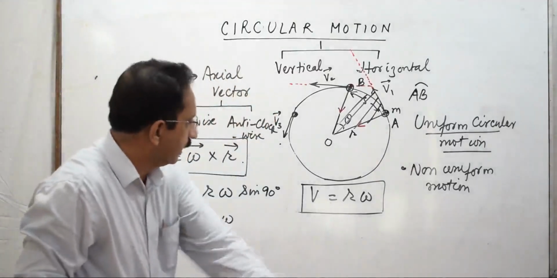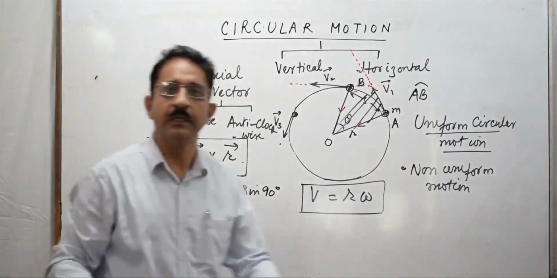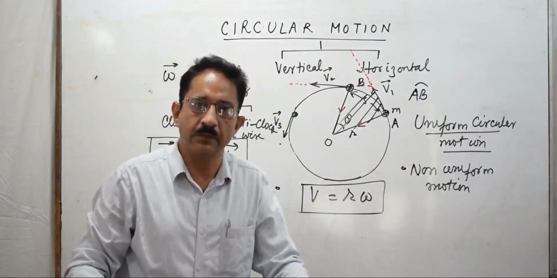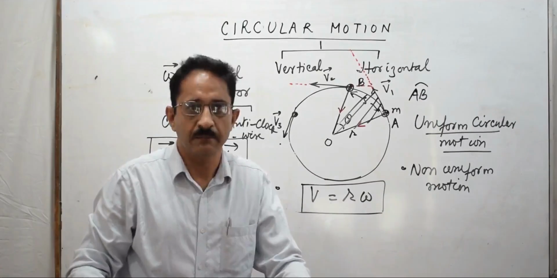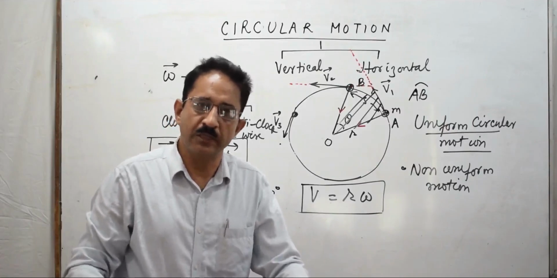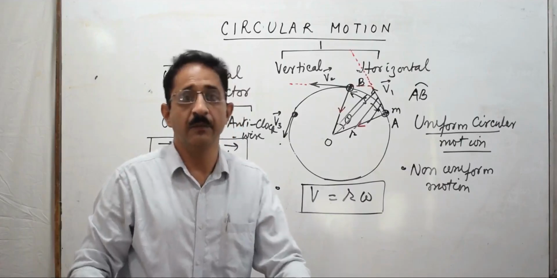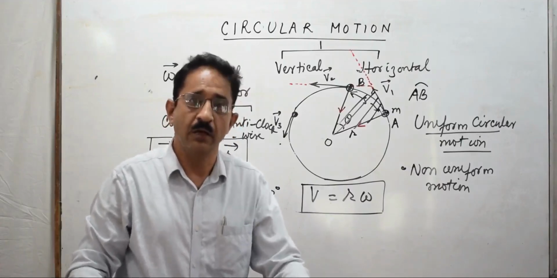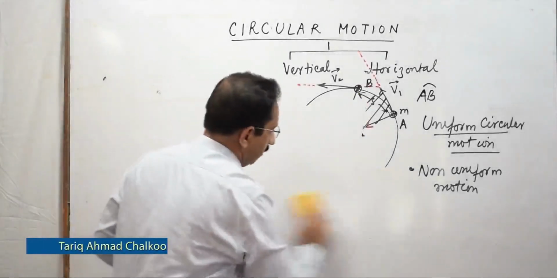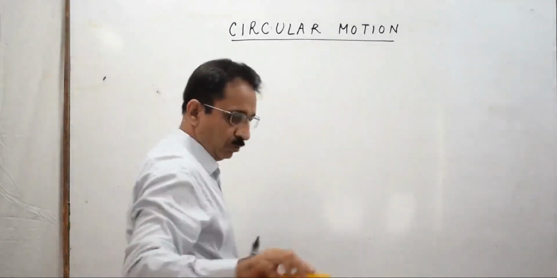Now, taking this relation that v is equal to omega cross r, we attempt to find acceleration. Acceleration, as you understand, is the derivative of velocity with respect to time. So what I do is I directly proceed with a mathematical formulation, in which we will differentiate this relation v equal to omega cross r. Remember, when you are differentiating a cross product, the order of vectors becomes significant. So now we go to differentiation of the relation with respect to time. The relation is v equal to omega cross r.